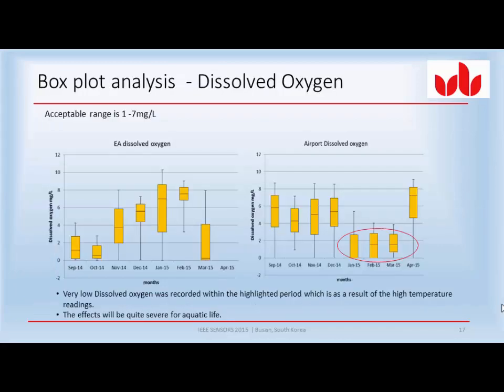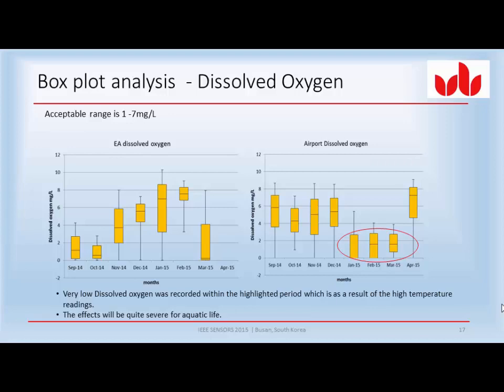So what we did was that we were doing this calculation, and in addition, we also did what's called a box plot analysis, again a statistical method. Because we are measuring the data every 15 minutes, there's a huge pool of data. From that data, we did box plot analysis to give an indication of how and where the values are lying. So for each month, over approximately the last year, from September 14 till April this year,